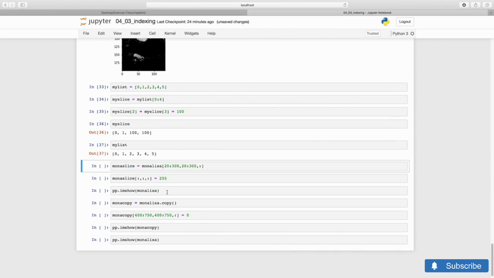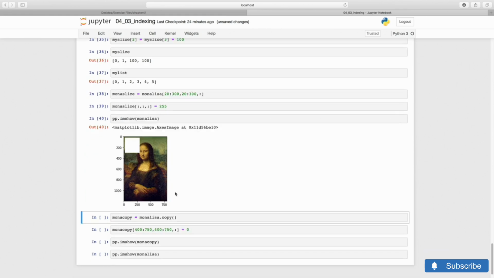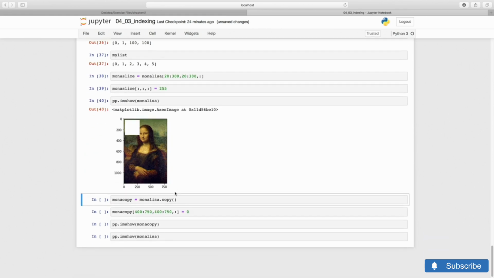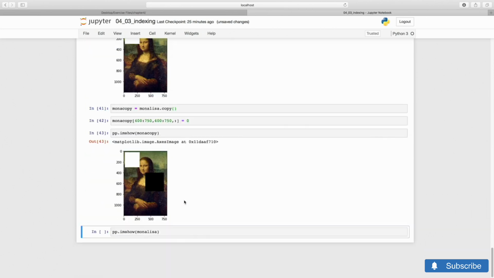By contrast, a slice of a NumPy array is a new NumPy object that points to the same area of memory, but with modified metadata that represents the different boundaries. So if I assign to the slice, I'm also assigning to the underlying object. If we want a true copy pointing to new memory, you have to make the copy explicitly. Acting on the copy does not affect the original.